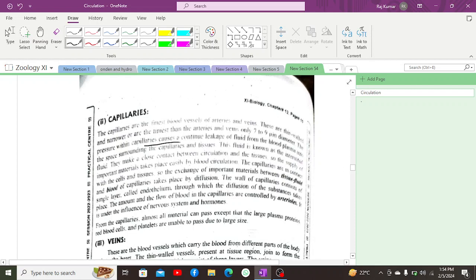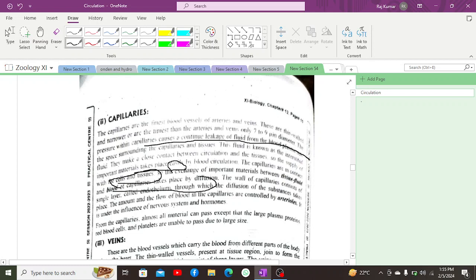The pressure within the capillary causes a continuous leakage of fluid from the blood plasma into the surrounding space, which is known as the interstitial space, in which the interstitial fluid or intercellular fluid is formed. Moreover, they make close contact between the circulation and the tissue, so the supply of important material takes place easily by blood circulation. The capillaries are in contact with the cells and tissues, so the exchange of important materials between the tissue fluid and blood of capillaries takes place